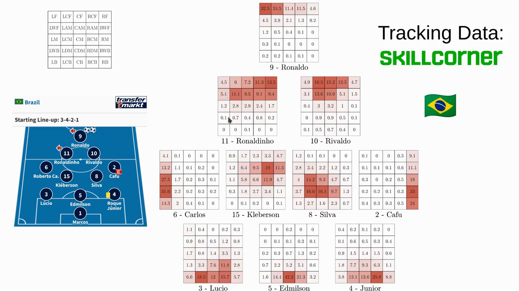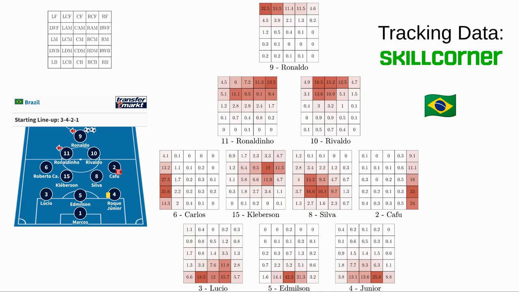So we need to flip and switch his position maps and place them in this arrangement with number 10. Number 10 should go to the left, number 11 should go to the right, and 15 is also coming up. And then you have R9 Ronaldo, who surprisingly spent a lot of time as a left forward player. So that's how you can use the Transfermarkt layout as a starting point,